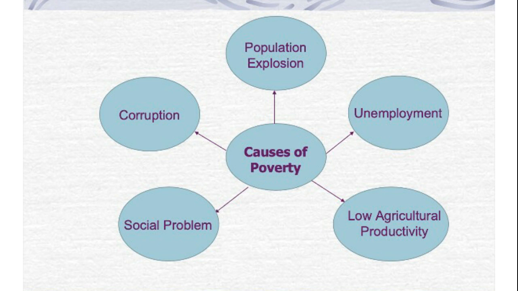Third is social problems. India's culture is the oldest, and one of the best cultures in the world. But still, there are some social problems like casteism, regionalism, religious conflicts, gender inequality, illiteracy, etc. These problems become hindrances in the path of the development of a country. Corruption. Not only in India, this is being observed in the whole world. We observe corruption in each and every sector. Due to this, the poor are not able to get their rights.